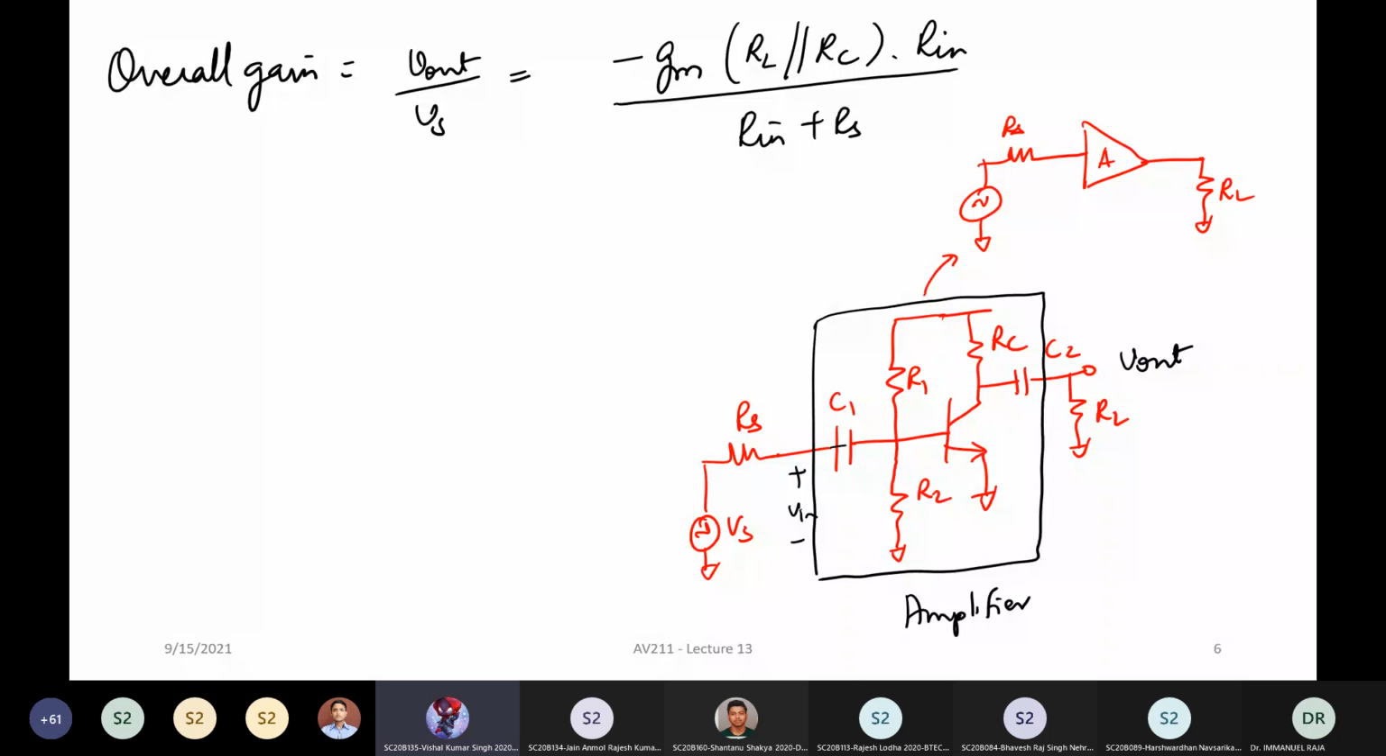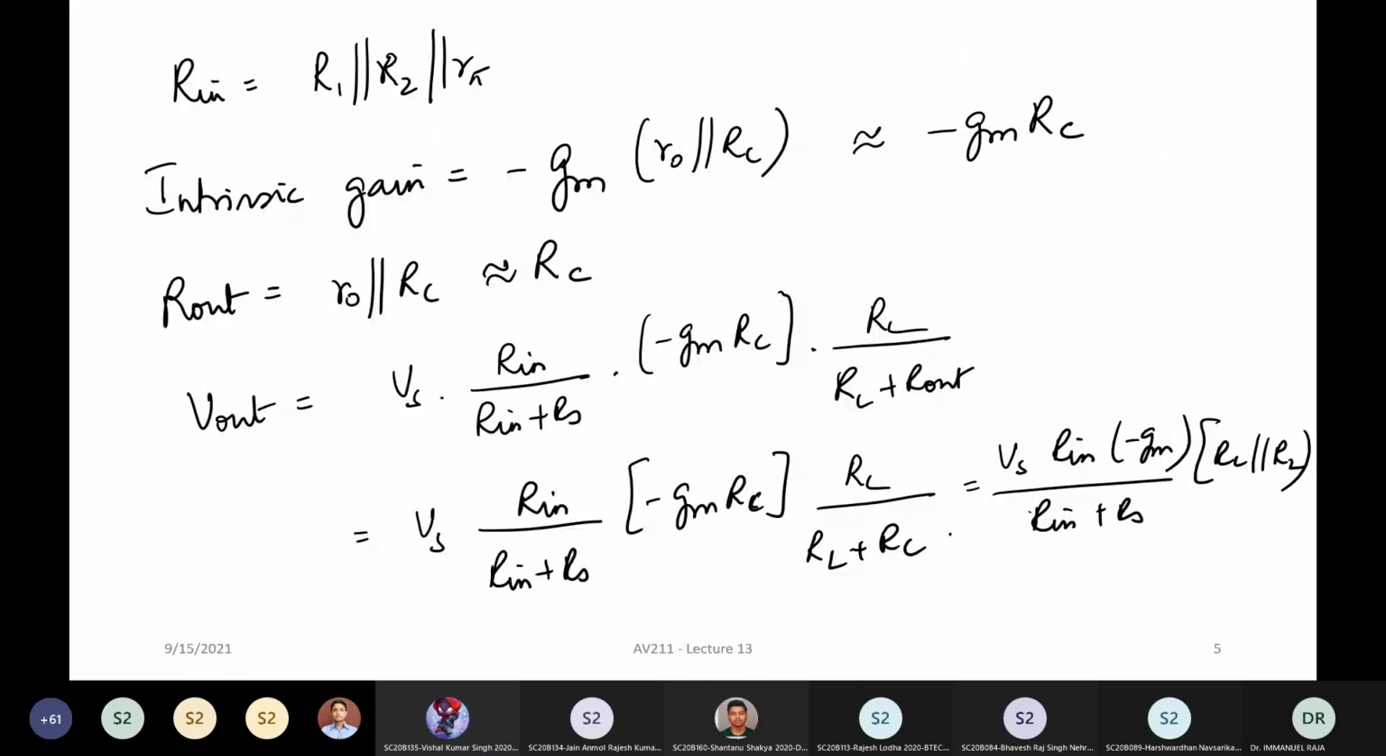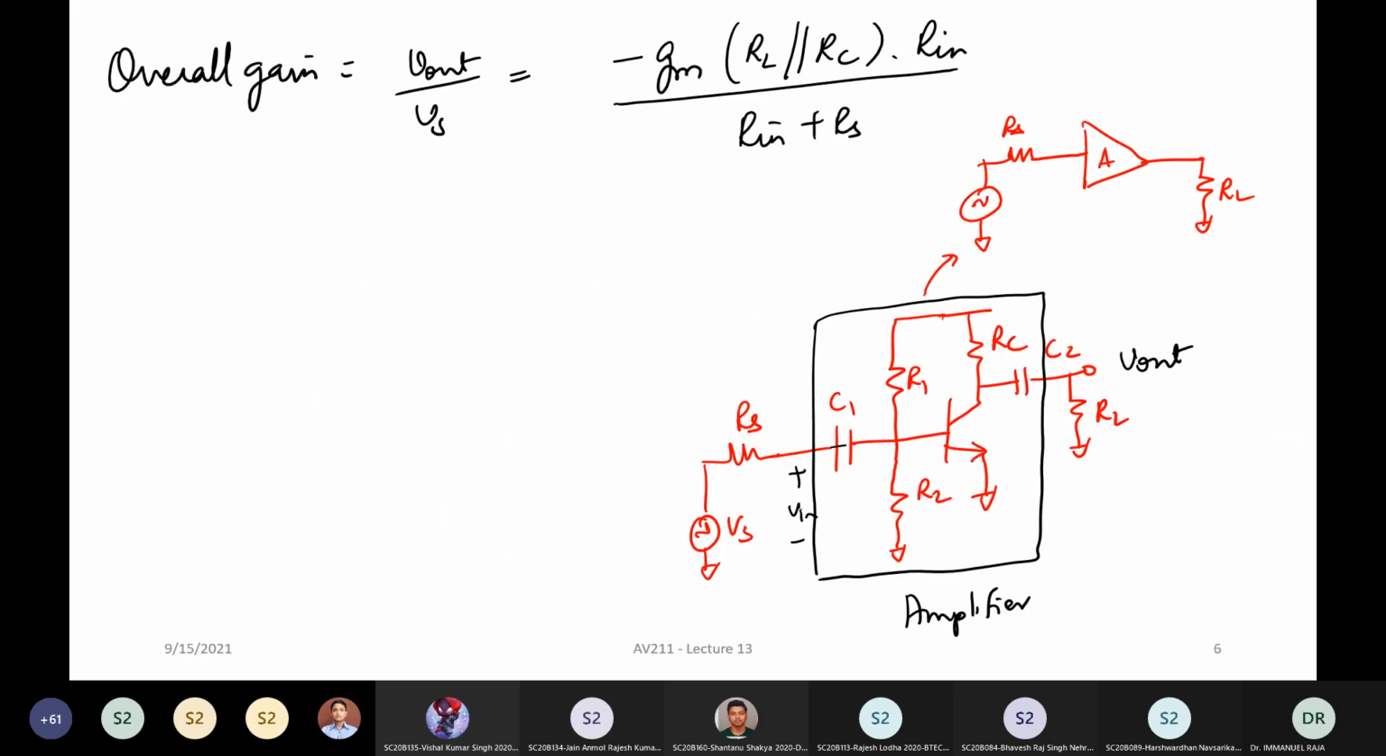Is it clear? So the intrinsic gain we saw here. The overall gain is what I'm writing here. So this is the overall V out expression, right? This whole term can be taken as RC parallel to RL, and therefore, if you write the overall gain defined